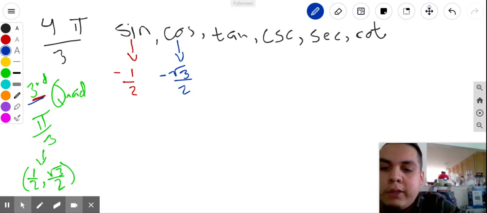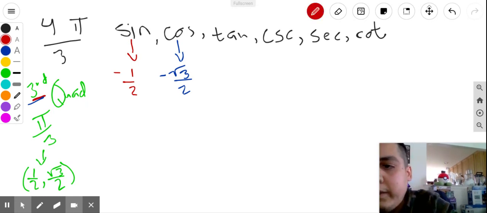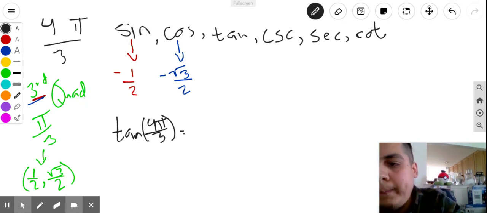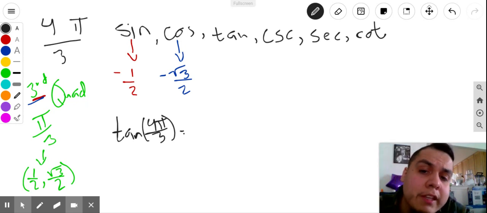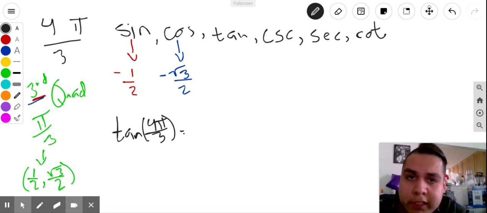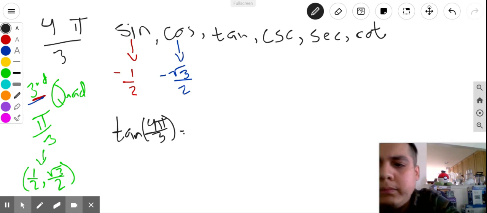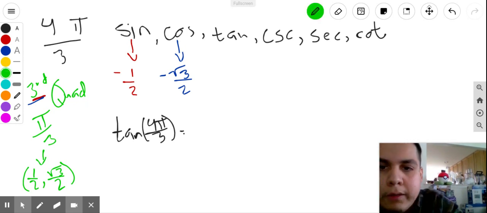Tangent is equal to sine divided by cosine. So the tangent of 4 pi over 3 should be, and I have a choice. I can use the two values I have, or I can get the tangent of the reference angle and then just decide if it needs to be positive or negative. And I'm going to choose the latter option, because as long as I know everything about the first quadrant and I can commit that to memory, then I can just figure out if it needs to be positive or negative later. But for now, that's what I'm going to do. So it's going to be